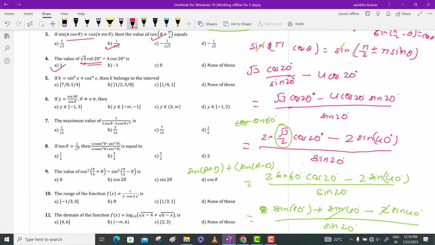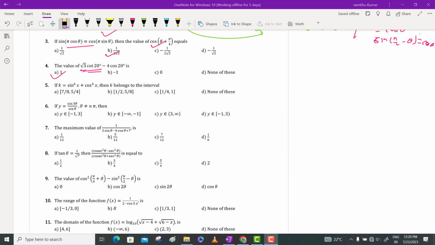Okay. So now let us move to the next question, which is question number 5. For this question, one very important formula we have is nothing but (a plus b) whole cube is equal to a cube plus b cube plus 3ab into (a plus b). Okay, so if we start with (sin square x plus cos square x) whole cube, which is nothing but